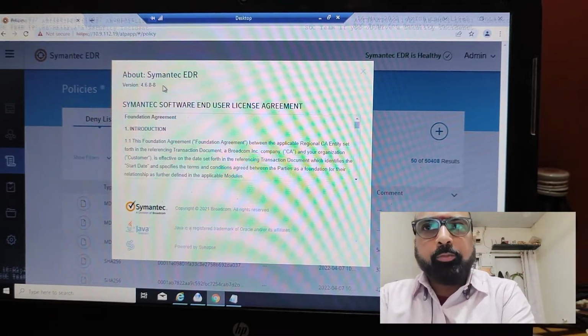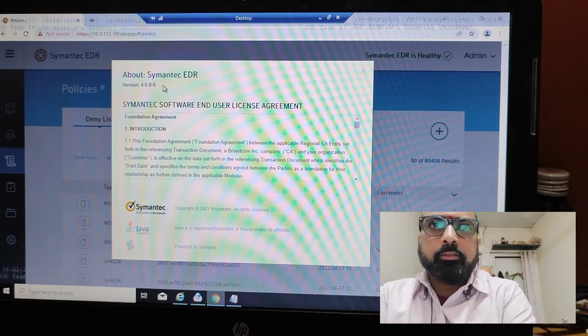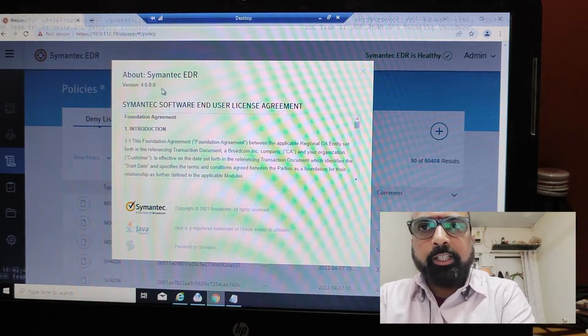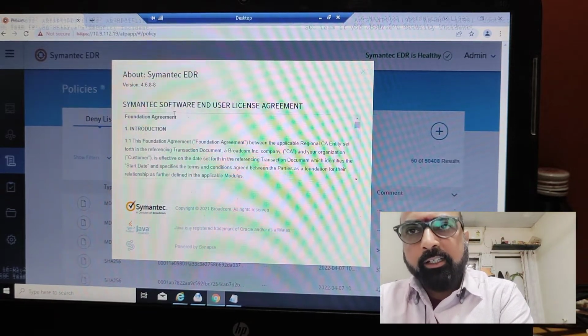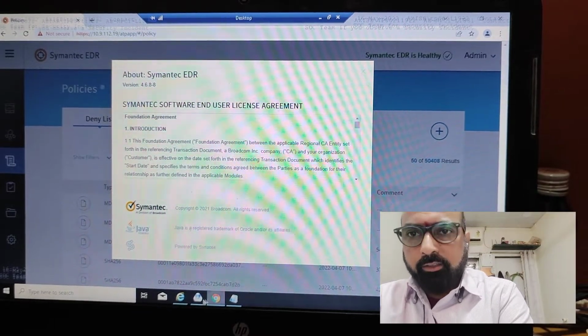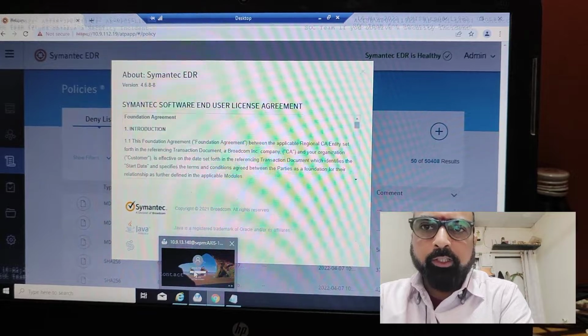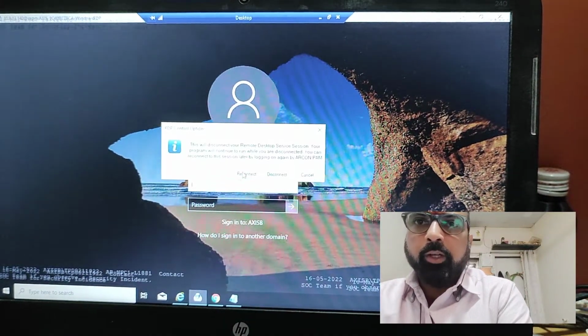After this configuration of the Symantec EDR, do not install any kind of agent on the local site. It automatically reflects this client EDR setting in our endpoint server. Only one setting is required here.